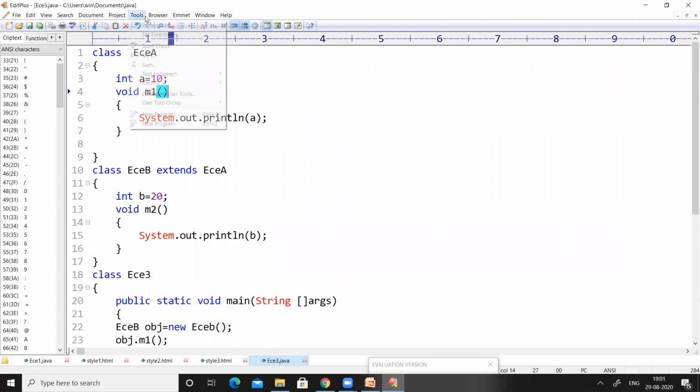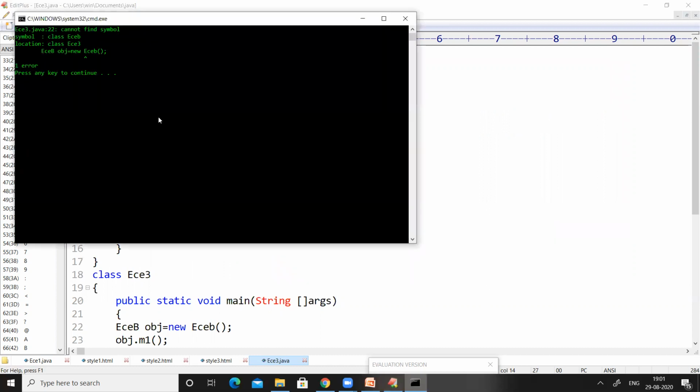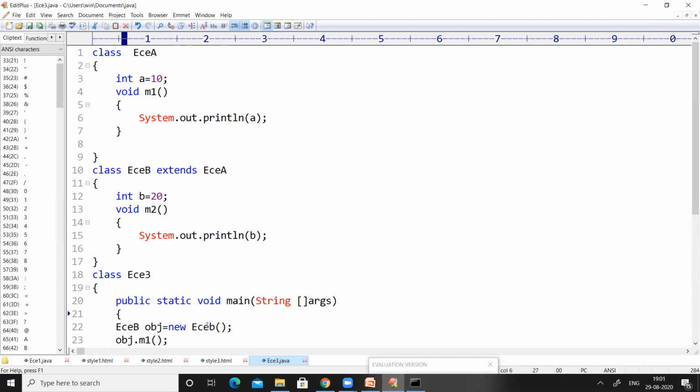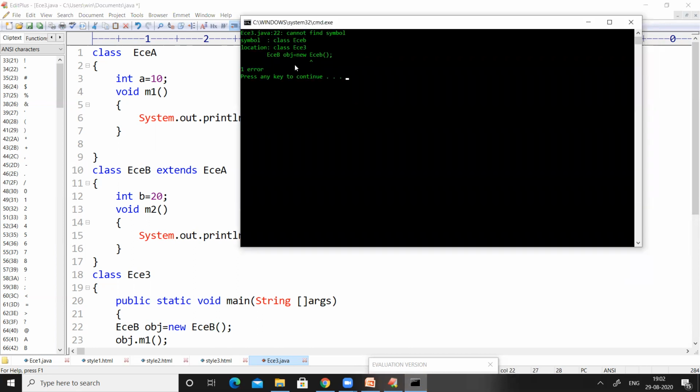After saving the code, just compile the code. There is some error here. The class name is ECEB with a capital B. That is the error that is showing here.